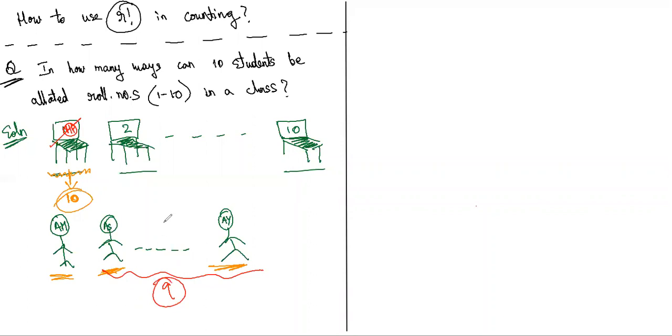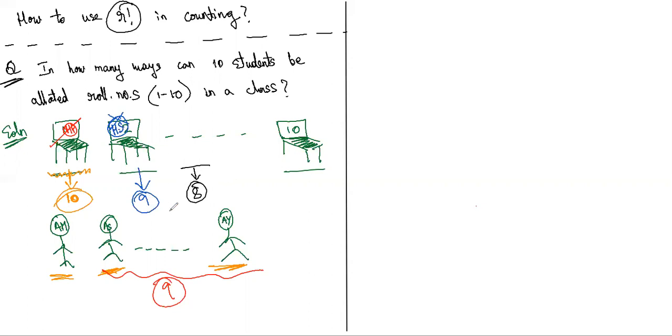9. So when the teacher goes to the second chair, how many choices does she have? 9. She has 9 options in front of her, because already Hadi Parvez is sitting on the first chair. I don't want to repeat the names again. Other 9 students, out of which let us say Hiya Sarkar sits here. Then when the teacher goes to the next chair, 2 people are done out of 10. How many options will she have? She'll have 8 options. Yeah.